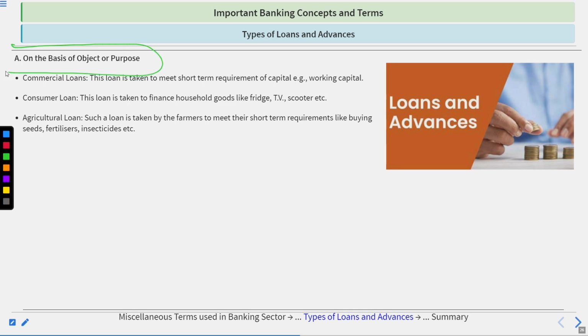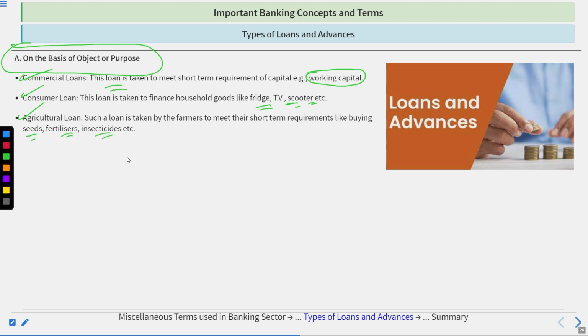On the basis of purpose: commercial loan, taken to meet short-term requirements of capital, especially working capital, the amount that the organization requires to run its business on a daily basis. Consumer loan, taken to finance household goods like fridge, TV, scooter, etc. Agriculture loan, taken by farmers to meet their short-term requirements, like buying